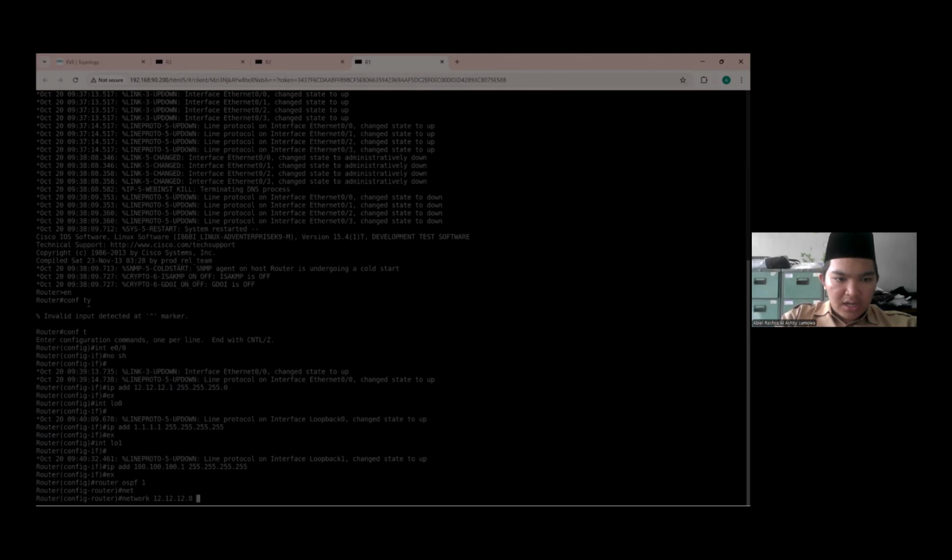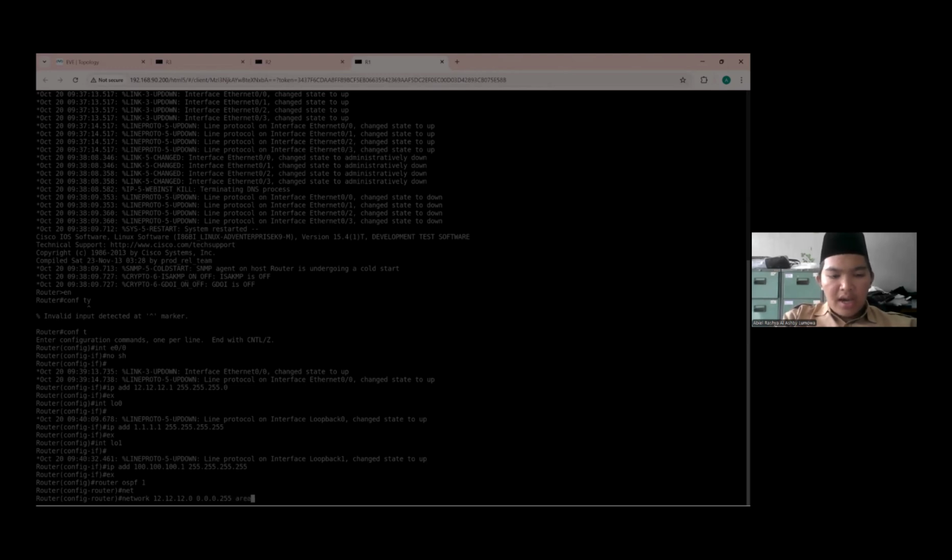It's the reverse of the subnet mask. So if the subnet mask is 255 three times and then 0 once, the wildcard mask is 0 three times, and then 255 once.